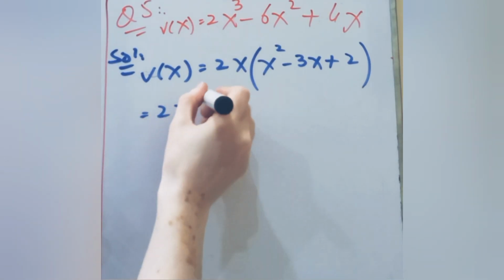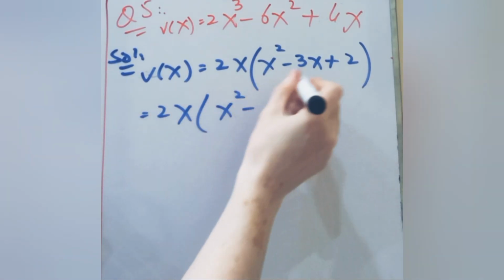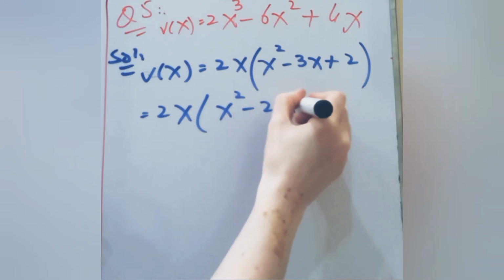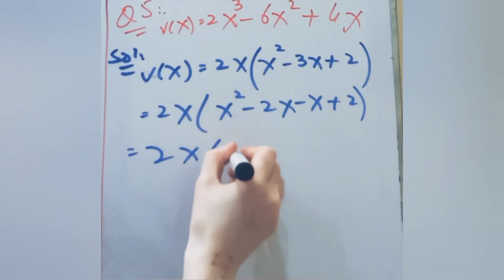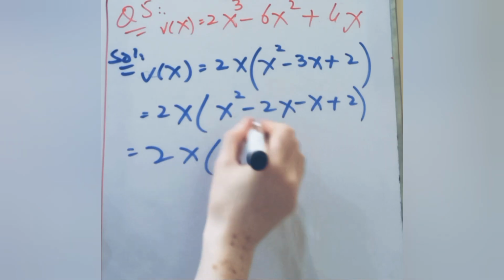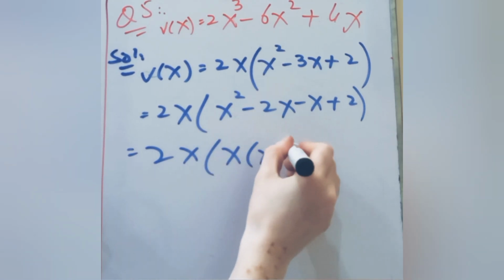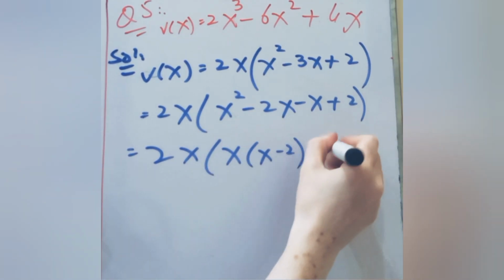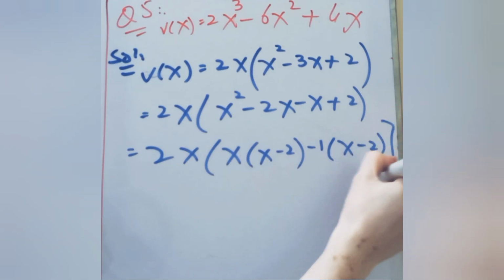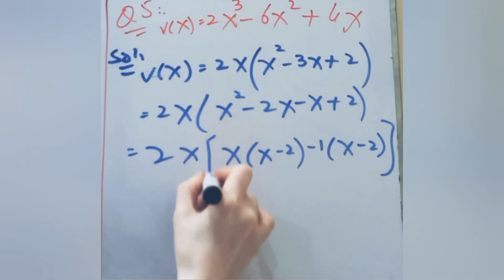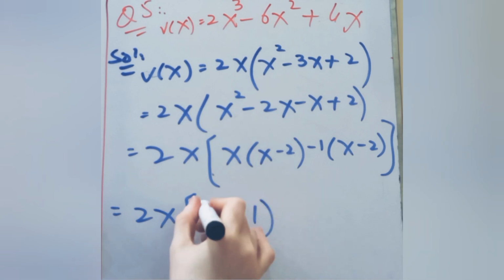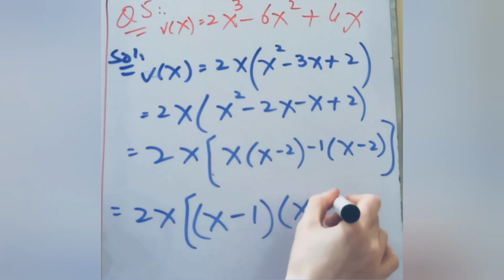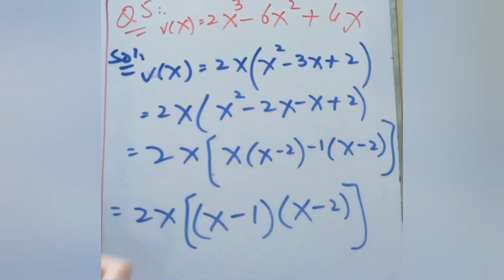We make the factors of this expression: x squared, 2x and 1x and 2. Now again taking a common factor, left behind 2 into x minus 2, and 1 common, x minus 2. So we write in a box bracket right here as x minus 2 and x minus 1.